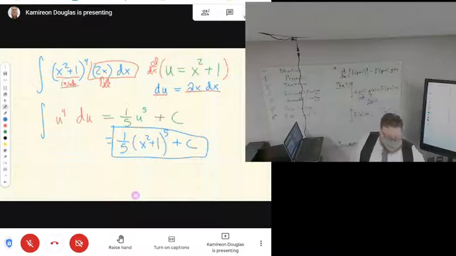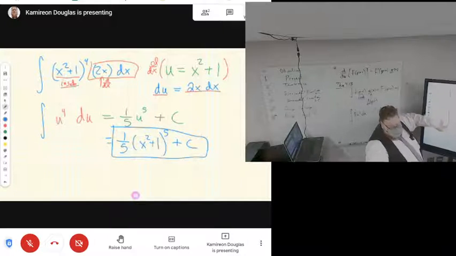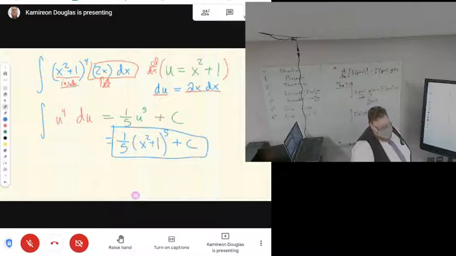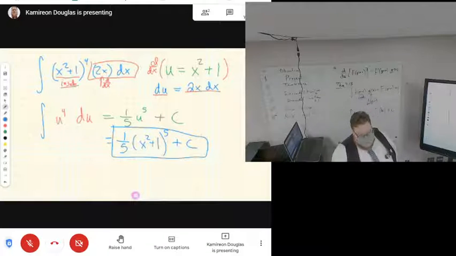We'll have to do the times. Remember, when you integrate, the du and the integration symbol are connected to each other. So if you get rid of the integral, you get rid of the du as well, as soon as we get rid of the dx before. So it'd just be